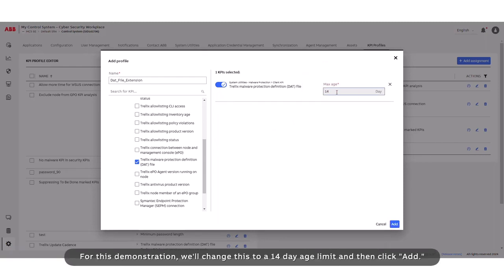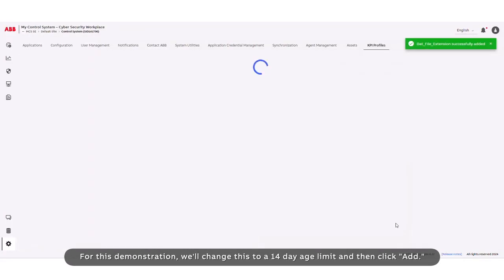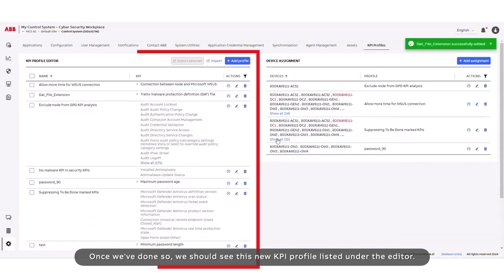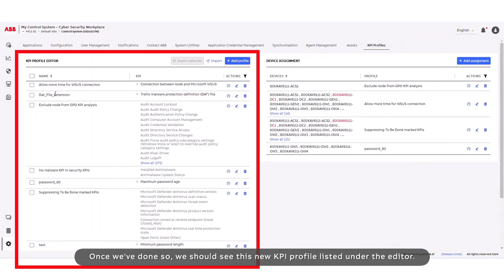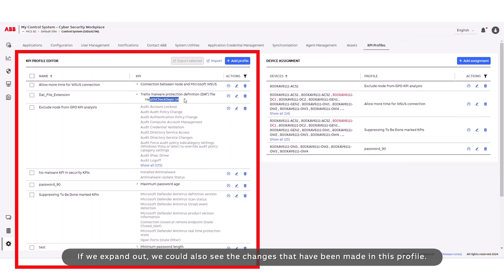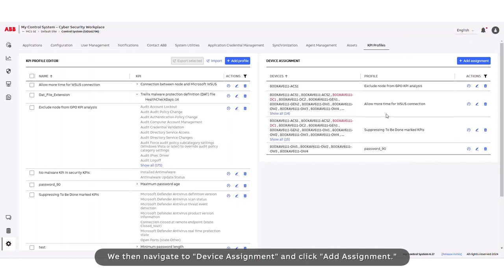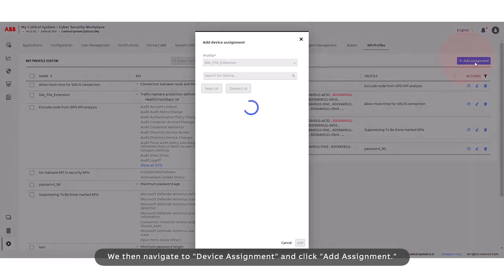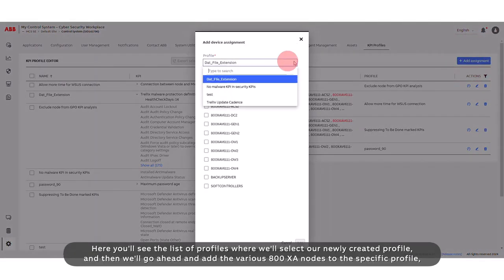For this demonstration, we'll change this to a 14-day age limit and then click Add. Once we've done so, we should see this new KPI profile listed under the editor. If we expand out, we can also see the changes that have been made in this profile. We then navigate to Device Assignment and click Add Assignment. Here you'll see the list of profiles, where we'll select our newly created profile, and then we'll go ahead and